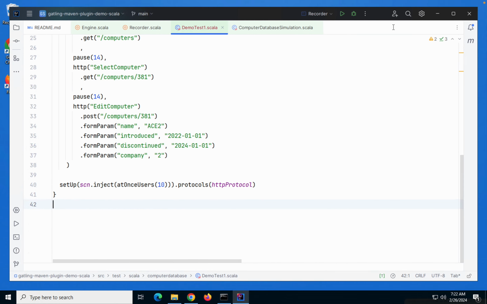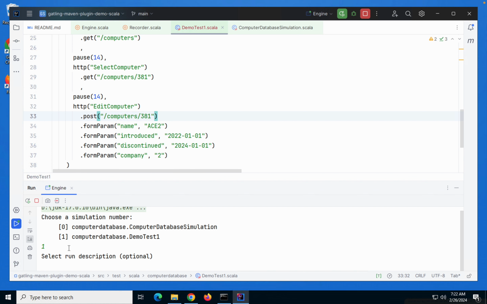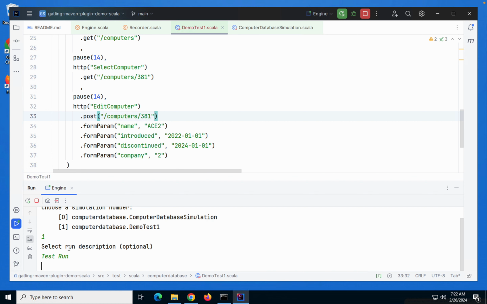And now I can just go and run the engine class. You can also select from here, or you can go to the engine class and then run it. Make sure that you save your script, and this time it will also show you the option to run this particular simulation, and yes, it is at index number 1. So I will say 1 and give some description which is optional. This will be shown in the report,